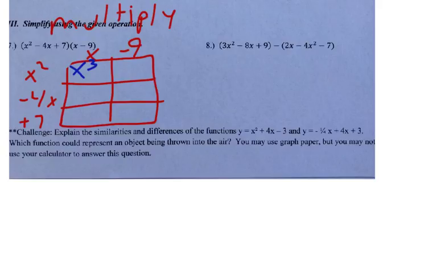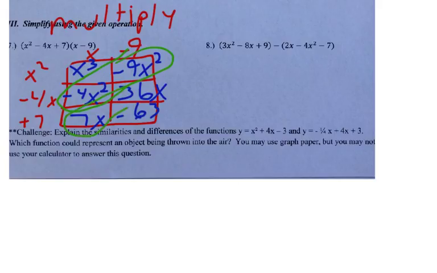And negative 4x times x gives me negative 4x squared. 7 times x is 7x. X squared times negative 9 is negative 9x squared. Negative 4x times negative 9 is 36x. And 7 times negative 9 is negative 63. Remember, the cool thing about the box method is your diagonals are normally going to be like terms. So there's my x squared terms, and there are my x terms. So I'm just going to add those up, and I'm going to get,